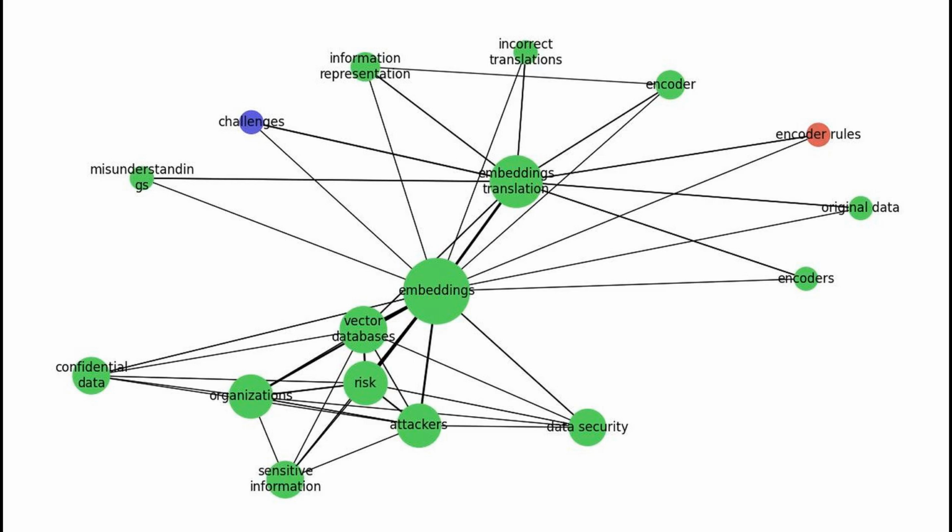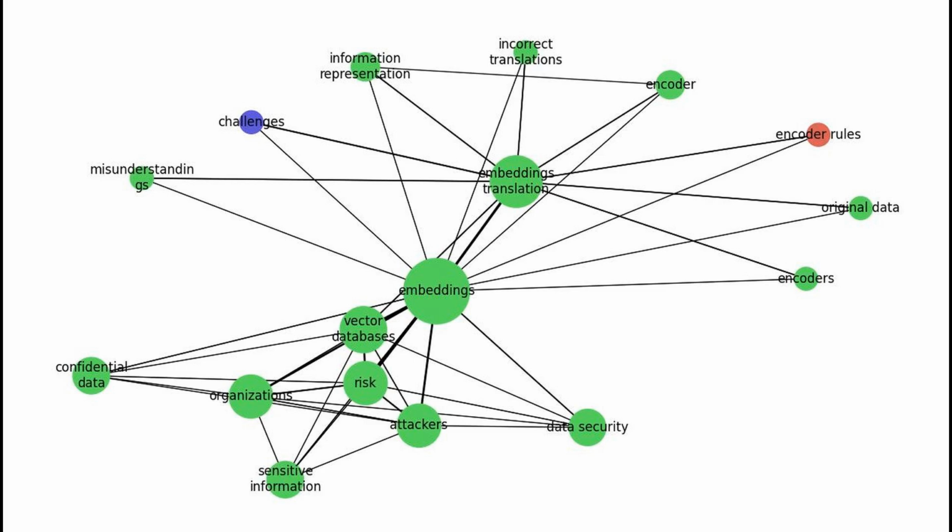Translating embeddings from different encoders in vector databases can be tricky because it's like trying to understand different languages without really knowing what they mean. Each encoder represents information in its own unique way, just like how different languages have their own words and grammar. One major challenge is that when you try to translate these embeddings, you might not know the original data or the rules of the encoder that created them. So this can lead to misunderstandings or incorrect translations, which is like trying to translate a book into another language